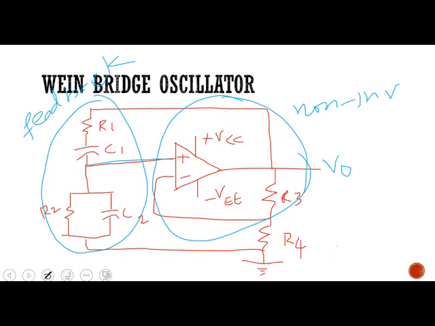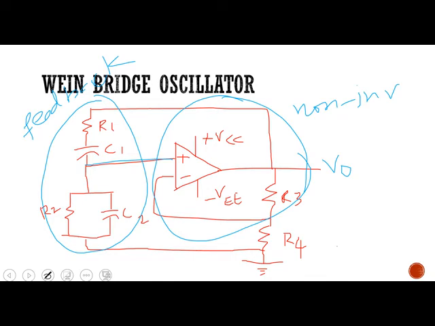So the Barkhausen criteria is the phase shift has to be 360 degrees or 0 degrees. So here there is zero loop phase shift, and the amplifier will resonate at a particular frequency of the bridge. So at all other frequencies, the bridge output and feedback voltages do not have the correct phase shift or amplitude relation to sustain the oscillations.